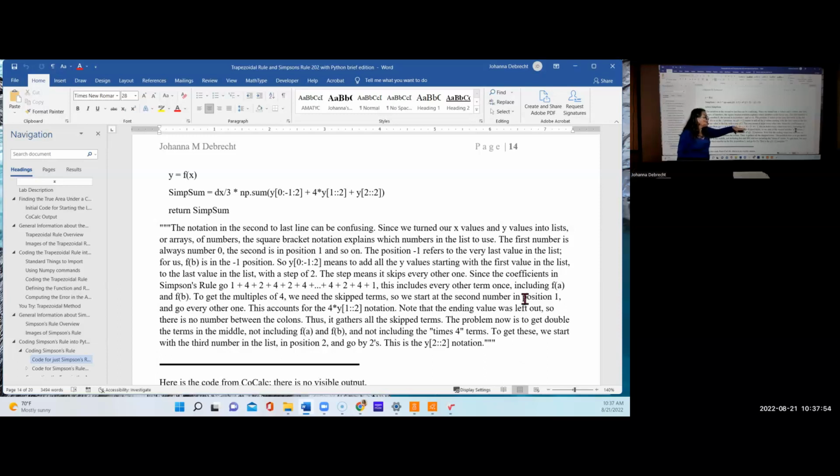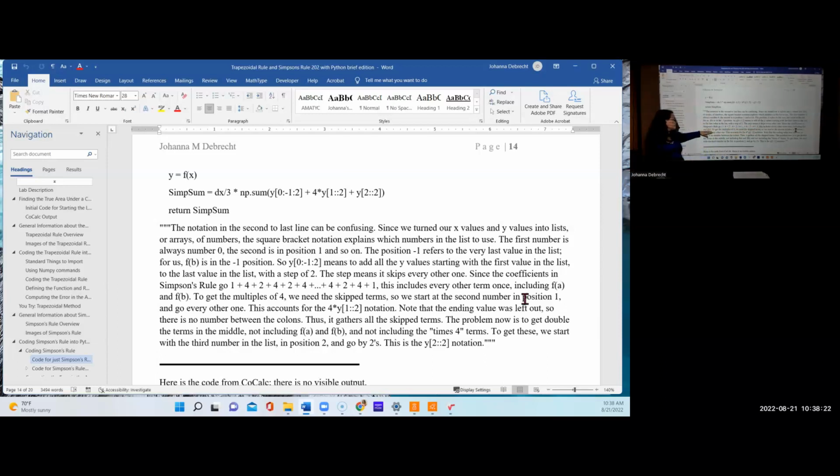It means to add all the y values, starting with the first value in the list, which is the 0th one, to the last value in the list, which is the -1. So go from the first to the last with a step of 2. So every other one, that's basically what it's doing, it's skipping every other one. Since the coefficients go 1, 4, 2, 4, 2, 4, 2, 4, 2, 4, 1, this includes every other term